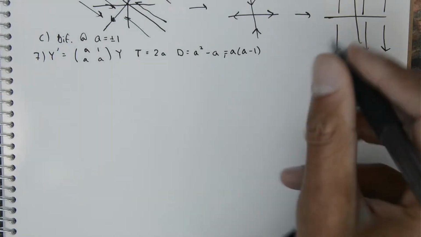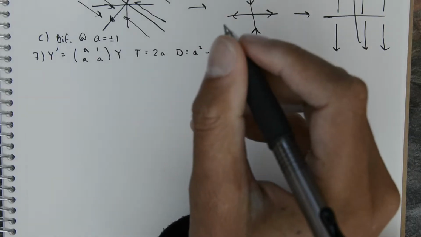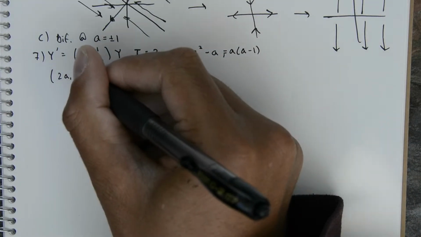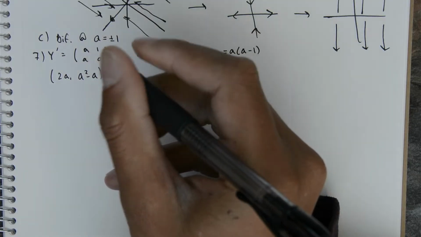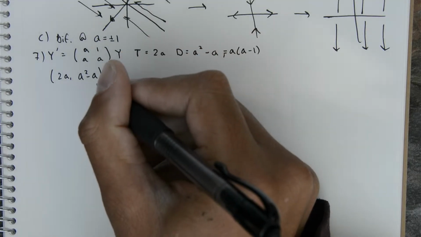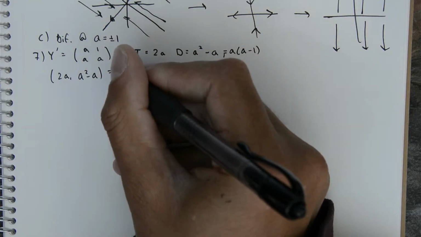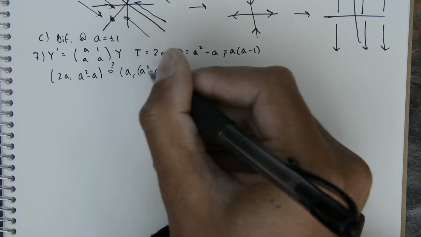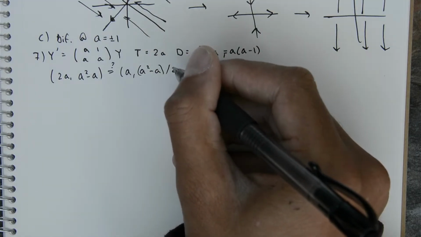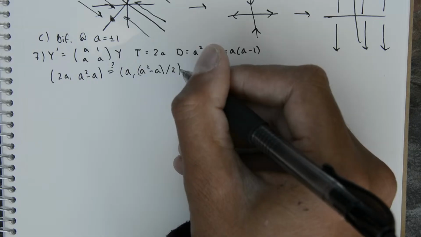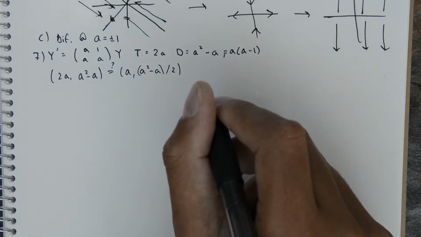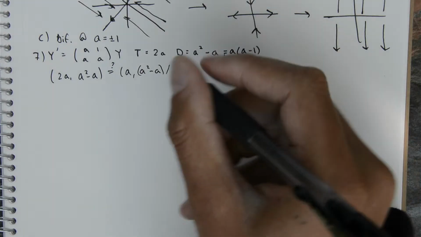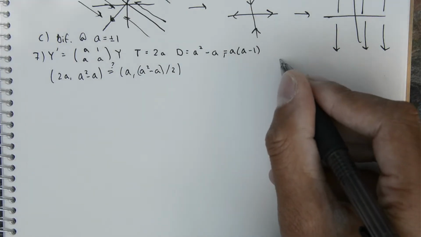Okay, so what do we need to figure out? First, we want to plot what this curve even looks like. So we have this curve (2a, a squared minus a). So this should be this. Is this equal to a squared? I think it's the same curve, right? I think you can scale a curve and it's fine. So then we're going to draw our